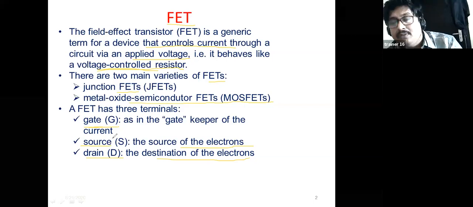This is the difference we have to understand. So again, I'm repeating the difference between the BJT and this MOSFET or FET, the field effect transistor. In the previous one, that is the BJT, three terminals are there. One is the emitter, the second one is the base, and